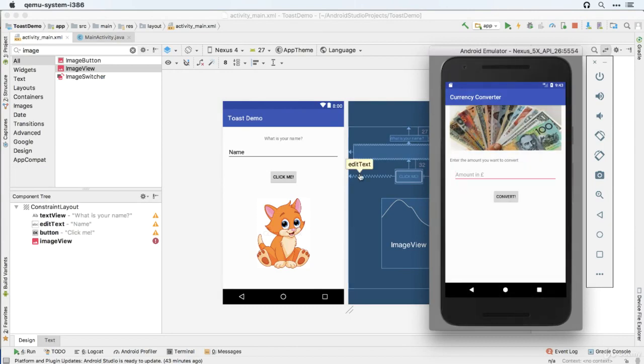So the app on the surface is pretty simple. It converts from pounds to dollars, which at the time of recording this video is about 1.3. And if I put in, say, 15 pounds and tap convert, it tells me that 15 pounds is about $19.50. So that's all the app does. Obviously, it's a good opportunity for you to practice the app layout and writing a bit of simple Java, but